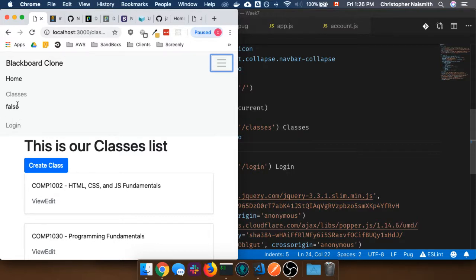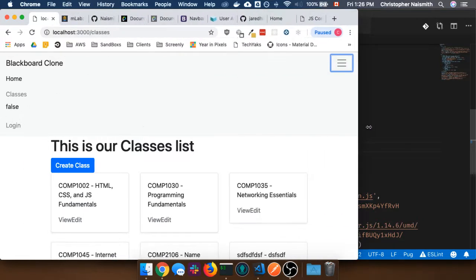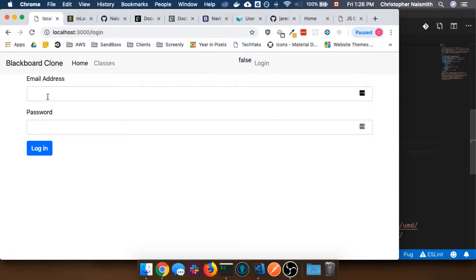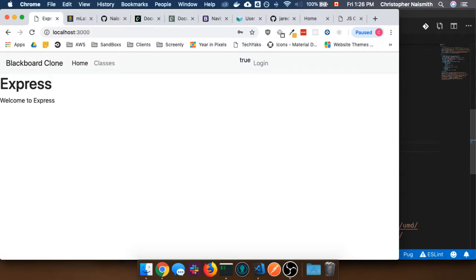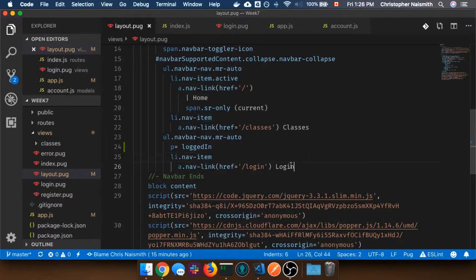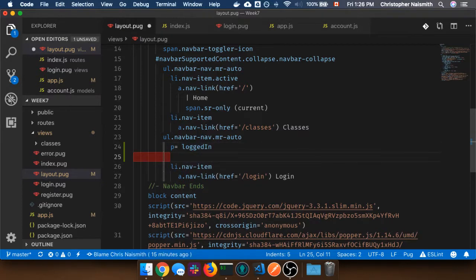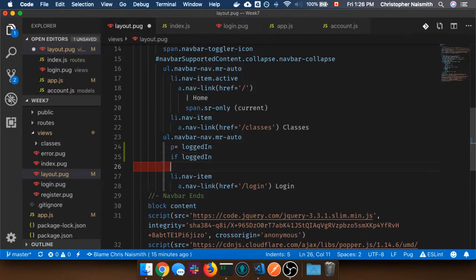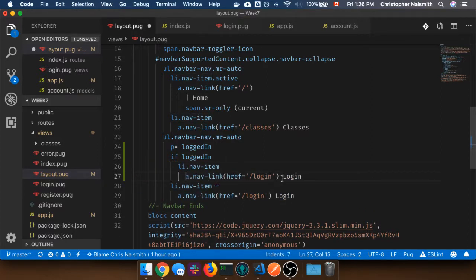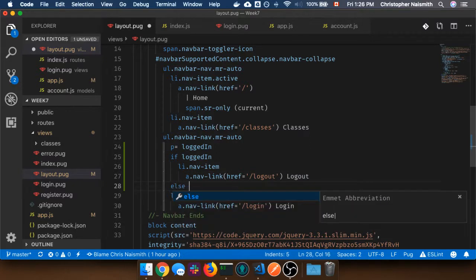So in this case, I'm logged in false. I'll make this bigger so it pops up right beside. So I do login, test at test.com, test, and now I am logged in. Based on this value, I can decide if I want to display the login or the log out nav item. So I could just do if logged in, I want to display log out, and I want to do /logout, else,